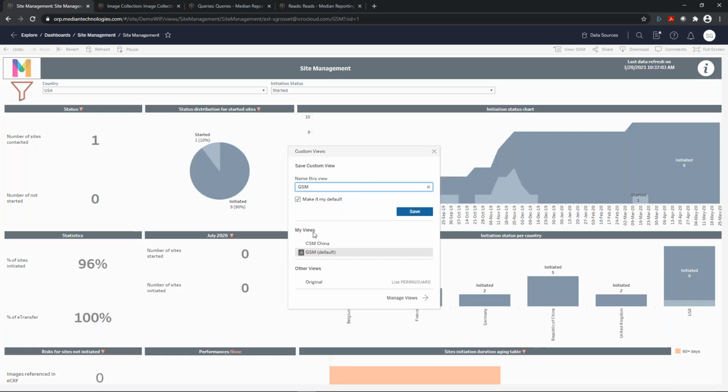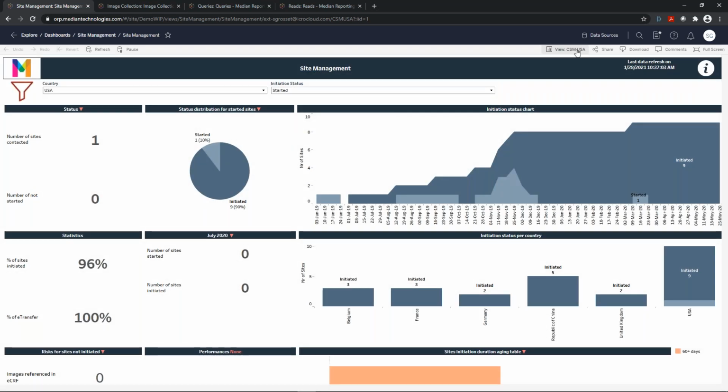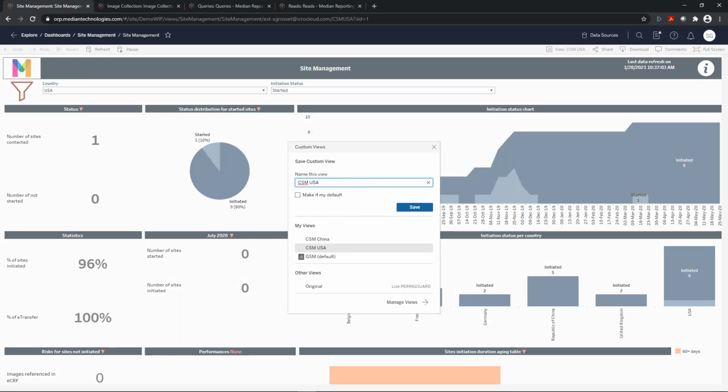For example, I will add a new view, let's create a new one, CSM USA, and I will save this one as a new view. You can see here this is a new view with the filter you performed, and each time you come back to this view, you will have the parameters defined during this session.